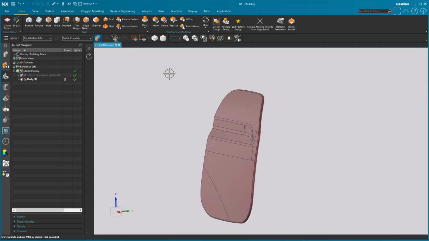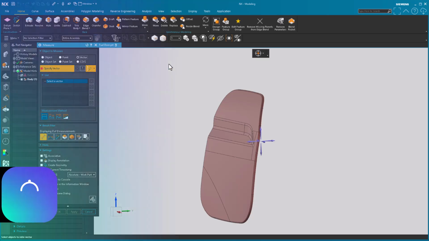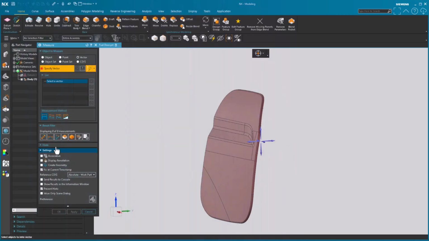All right, now I'm going to talk about measuring bodies. Okay, very simple. I'm going to turn off measuring a distance, and now I want to measure a body. So the first thing that I do when I come into the menu, and I've gotten used to this, is